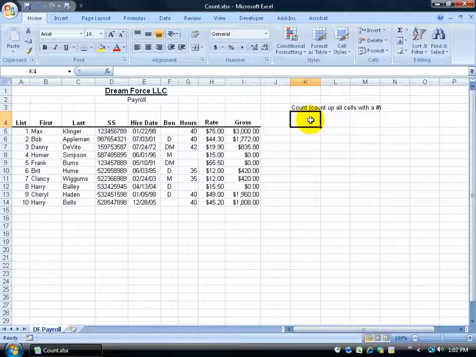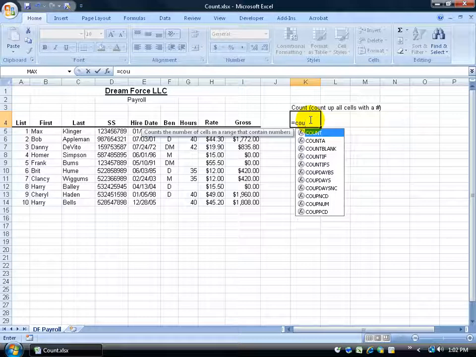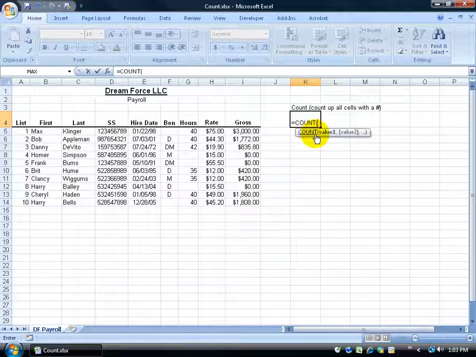And in this cell down below I'm going to actually insert my function. So I can type in equals. Now remember, there's more than one way to insert a function. This way I'm going to go ahead and type in equals and type in COU until I actually get to my COUNT, and there's COUNTA, which we'll do in just a minute. Double click on COUNT, and then it says, okay, what range do you want to count up? And I'll go ahead and click and drag and select my range, or I can type it in G5 through